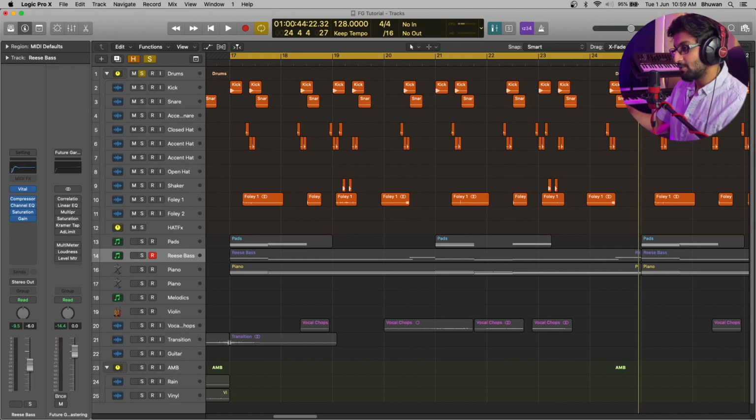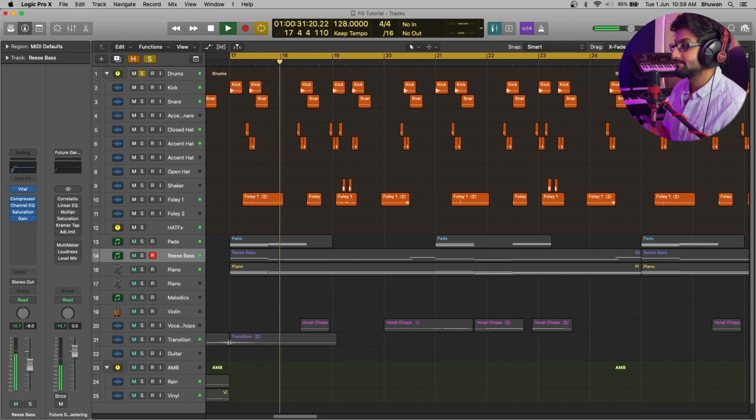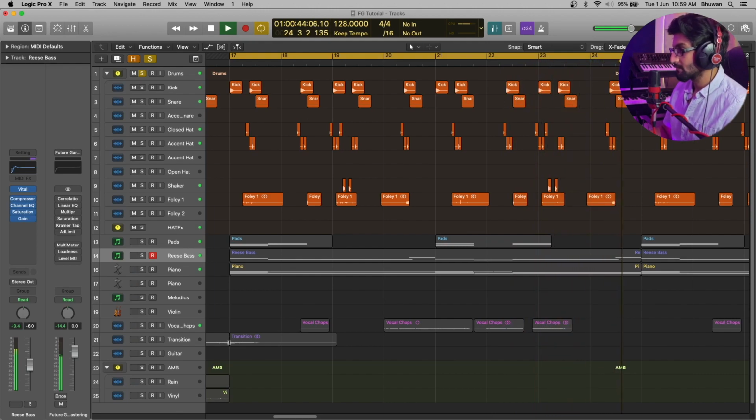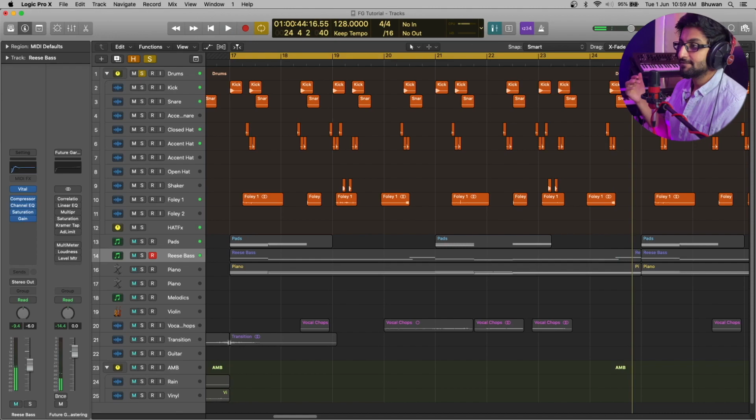So here I have a small loop, and let's just share it, and then I'm going to be breaking down what all elements are going through it. So I have a kick, a snare, a couple of closed hats and accent hats, shakers, and the unique characteristic of